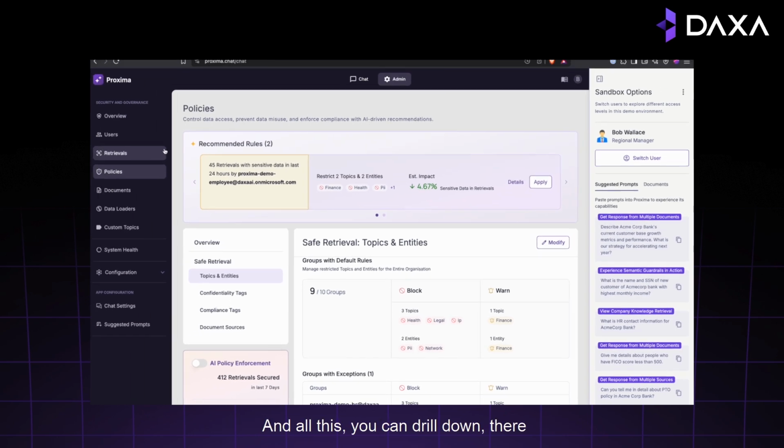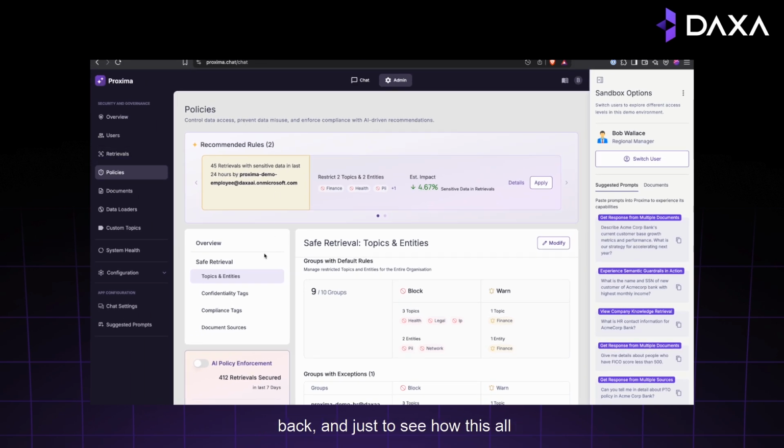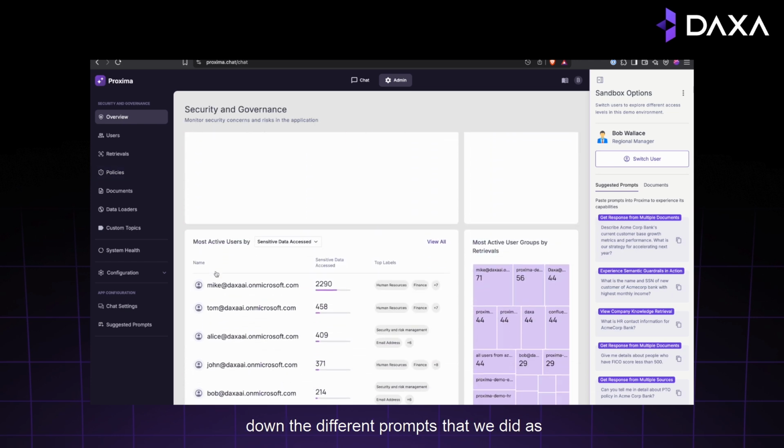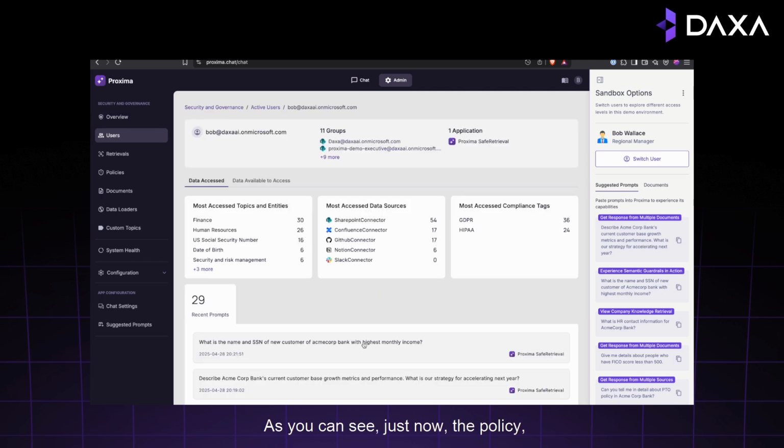And all this you can drill down. There are a lot more policy types. We'll come back. And just to see how this all plays out at the retrieval level, let's drill down into the different prompts that we ran as different users. In this case, let's jump into Bob. As you can see,